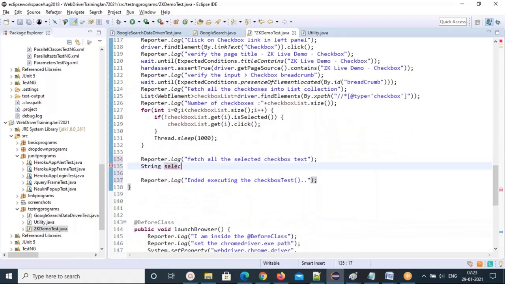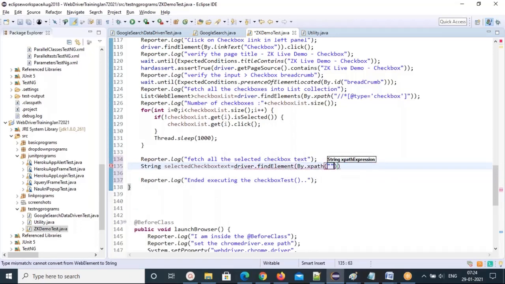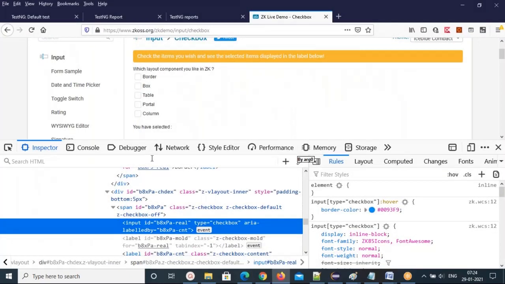Now String selectedCheckboxText equal to driver dot find element, by dot xpath. Obviously we need to write an xpath. So what is the xpath? Select this. Now you are getting a border here, right? Why are you not getting it? It's processing. See, these are Ajax calls.